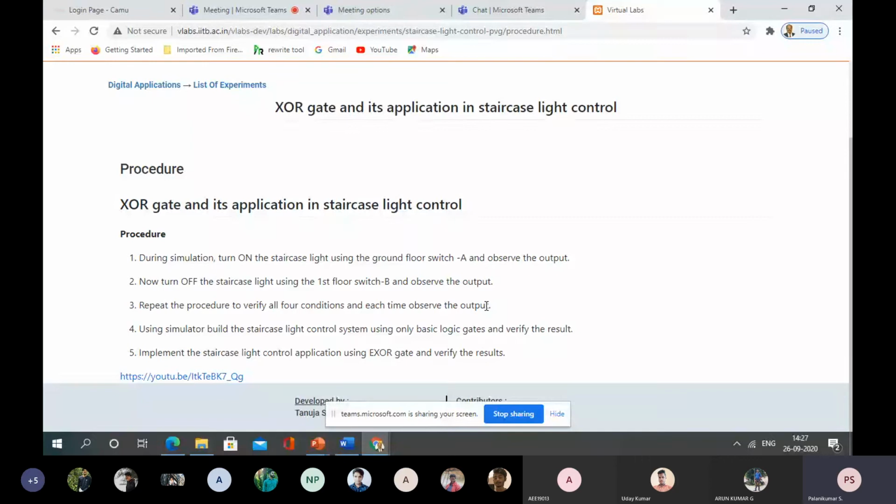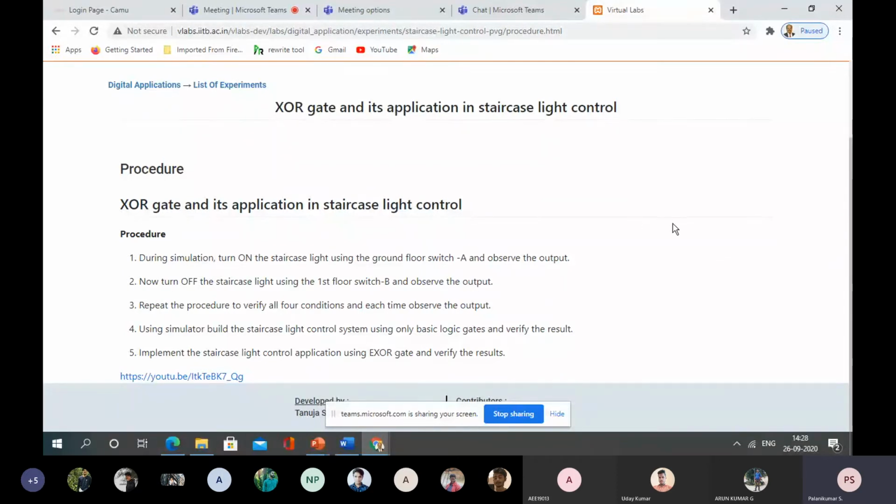All the four conditions, how can we verify? A person returns from the first floor to the ground floor. One person is entering from the ground floor to the first floor. Some person is returning from the first floor to the ground floor. So three conditions will be verified. In what way will the fourth condition be verified? Instead of the same person returning, another person enters from the ground floor to the first floor, and likewise another person returns from the first floor to the ground floor. This is how we have to keep on doing it.